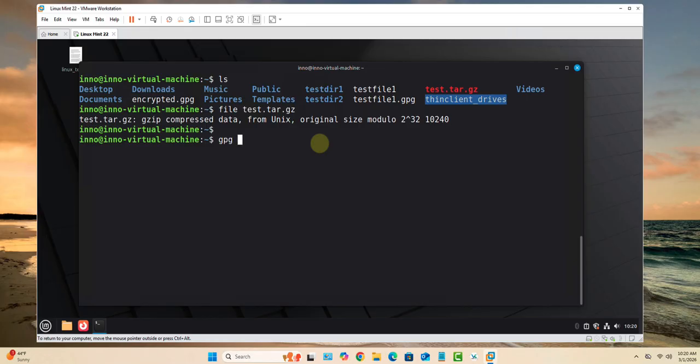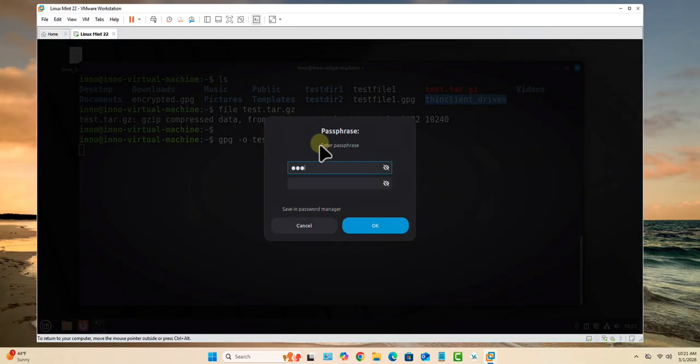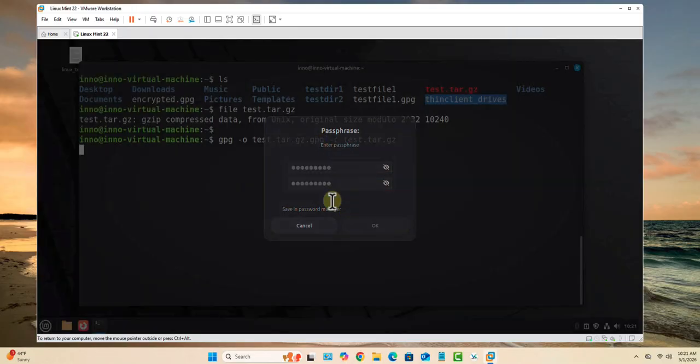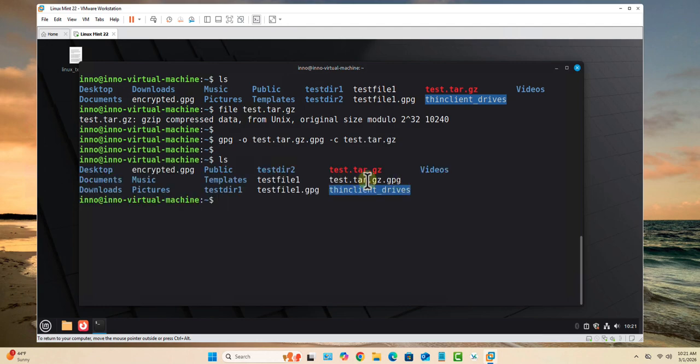You can say gpg, and I want to output my encrypted file to, let's call it test.tar.gz, and since it's encrypted, I'm going to add gpg here. Then I'll say what I want to encrypt. I'll say -c, I want to encrypt test.tar.gz. Again, put in your passphrase, put in the passphrase again, and this is it right here. I can do file again just to verify,